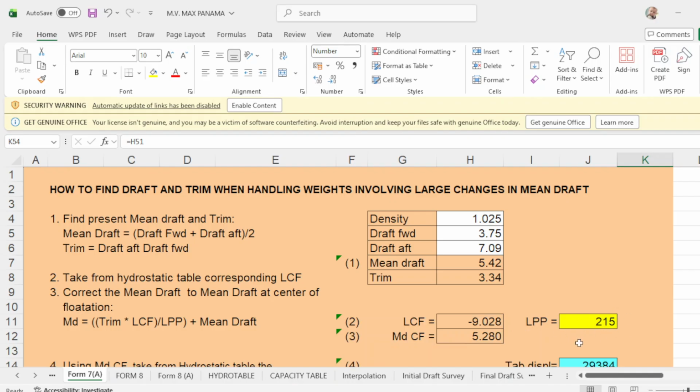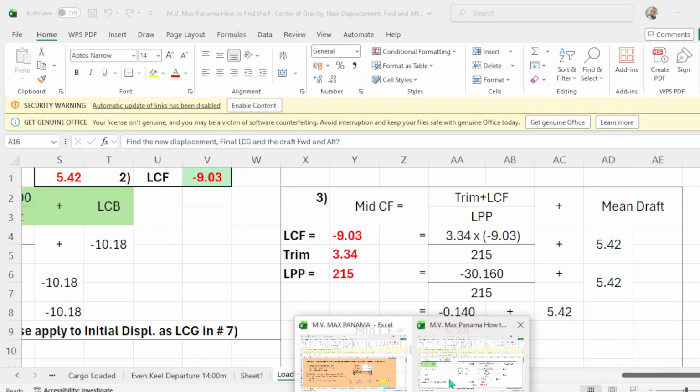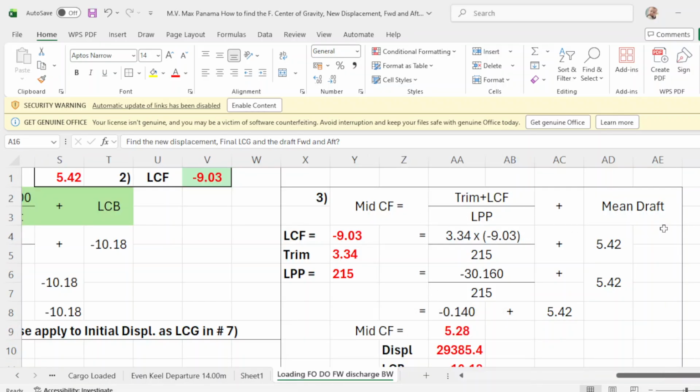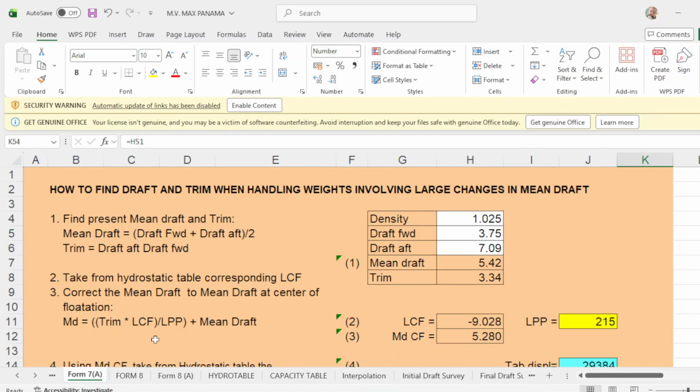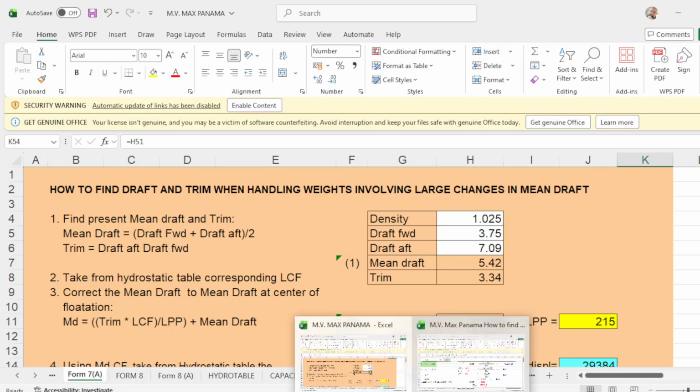LPP is 215. Okay, so transpose the formula. Your trim, which is 3.34, plus your LCF of negative... plus, that is plus, right? Let me check the formula, double check. Multiply, that is multiply. Okay, then this one is plus. So this one is